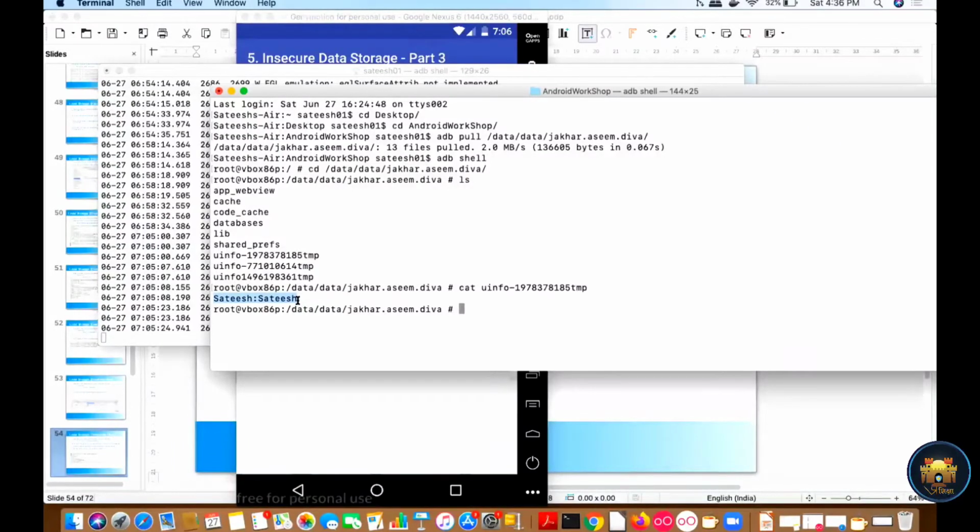So basically what I am trying to show you is that you need to check all your local storage when you install any application in your device and navigate through the application's functionalities. You can check all these folders to see whether they are storing any sensitive information of your application.